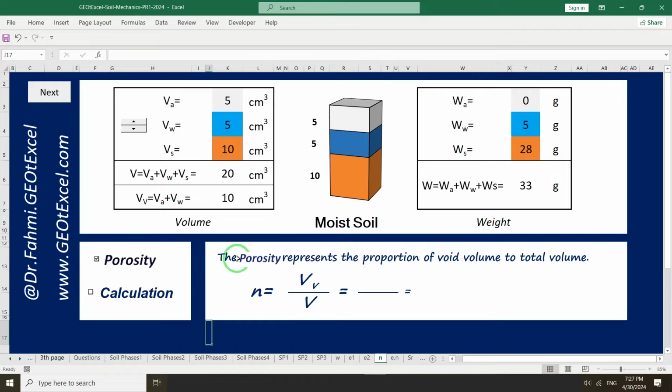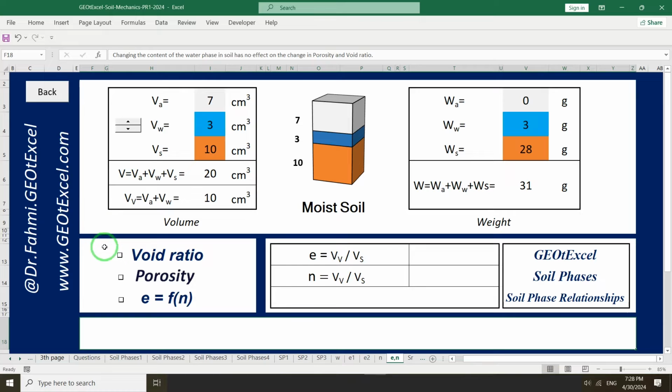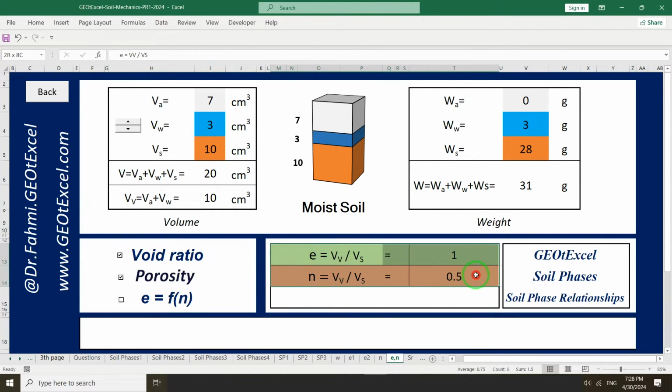Porosity. The porosity represents the proportion of void volume to total volume. In this example, calculation. In this example, the values of these two factors, e and n, and the calculation